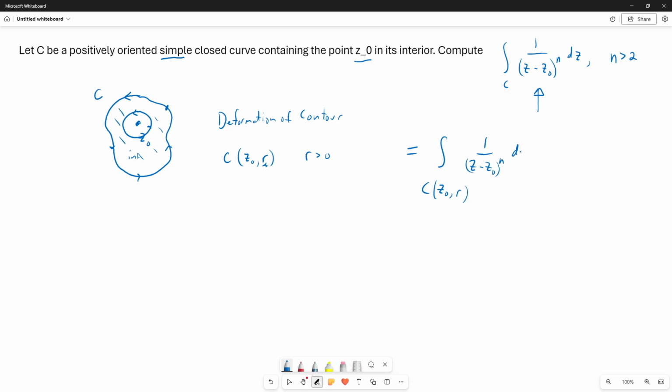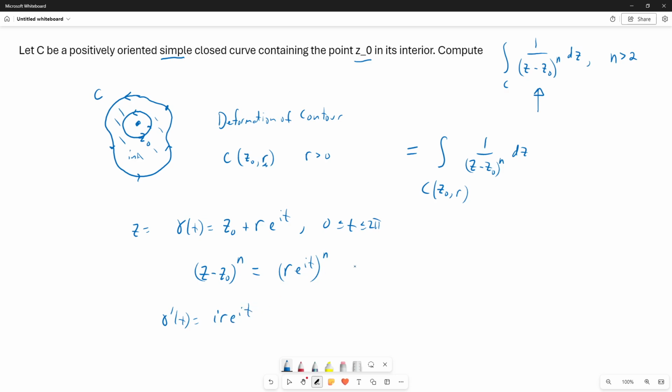And now we can compute this integral by just parametrizing the circle. So z will equal gamma of t, which equals z0 plus r e to the it. We have positive orientation, center z0, radius r, and t, the real variable t, goes from 0 to 2 pi. So (z minus z0) to the n is going to equal (r e to the it) to the n. And that's f of gamma. Well, 1 over that would be f of gamma of t,